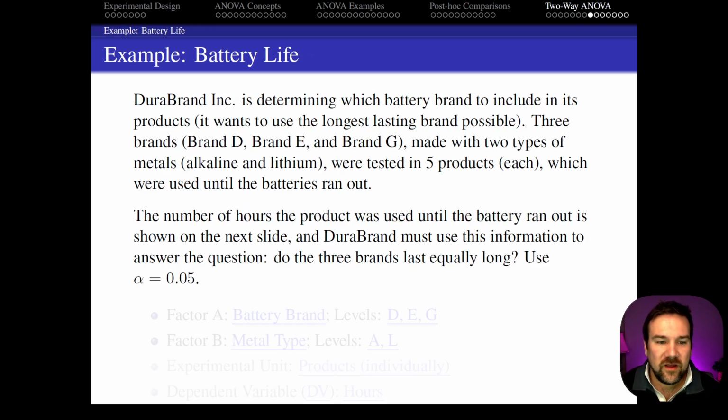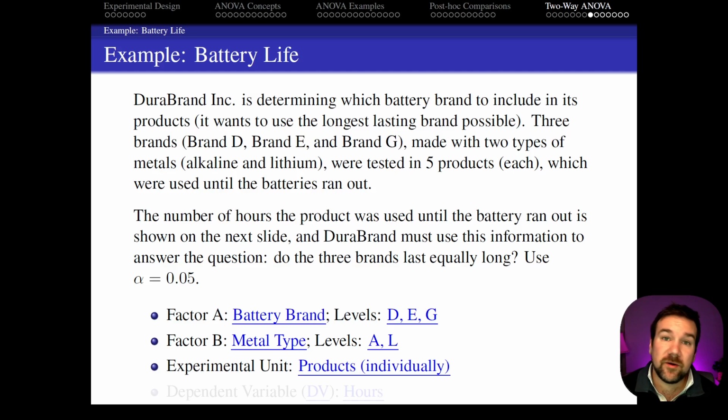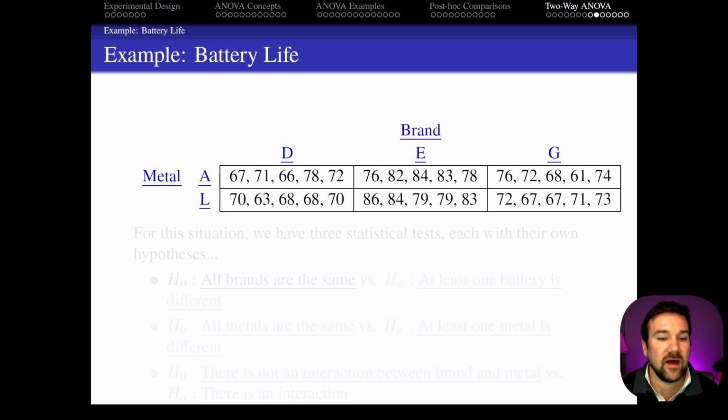All right, so let's check this out. This is kind of an interesting problem. We're looking at battery life, but each of these battery brands actually offers two different kinds of batteries. We can buy alkaline batteries or lithium batteries that we're testing in each of our products. So we're still looking at the number of hours, but now we have multiple factors. We have the brand that we're assessing with levels D, E, and G, and we have the metal type, the alkaline and lithium. The experimental unit is still the individual products, and our outcome is still the hours that the